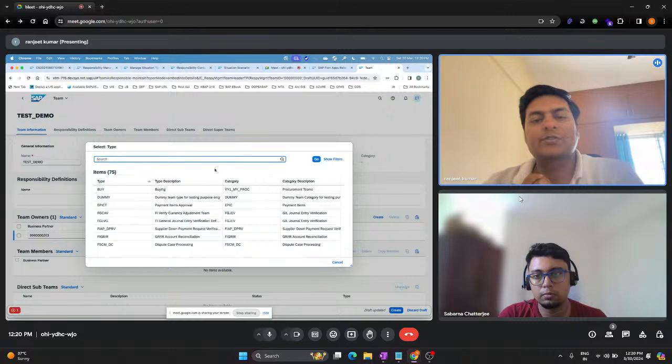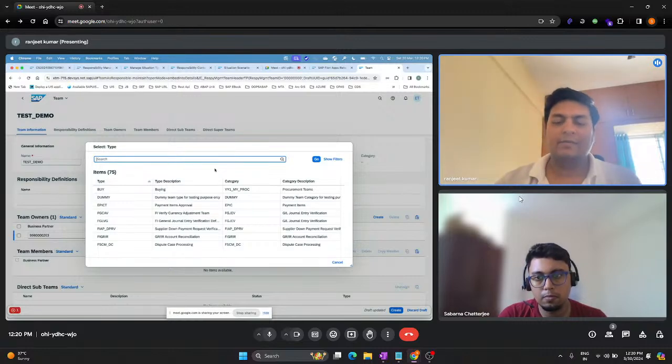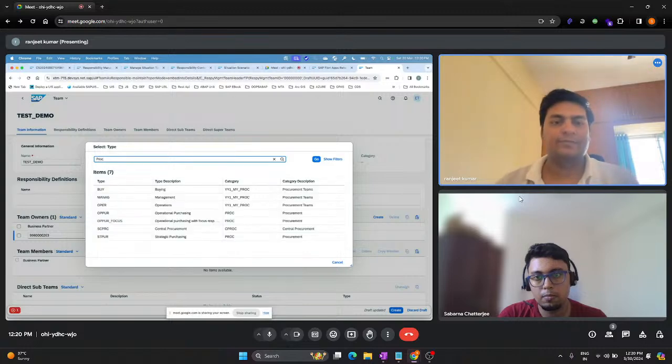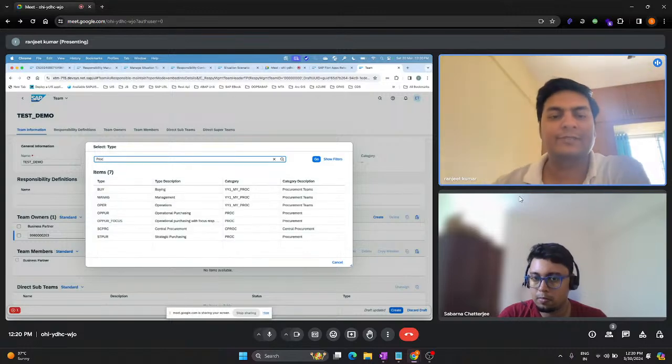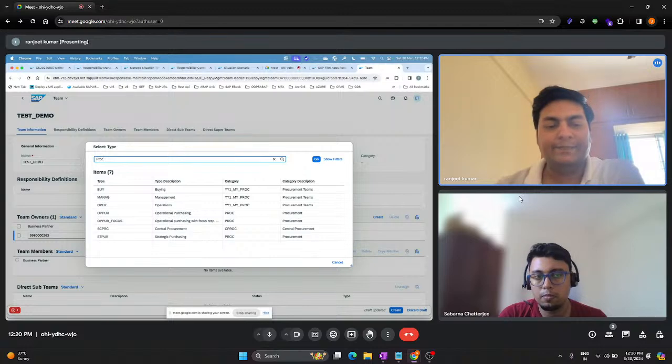Then the next question is, what are this team category and type? I will take an example of procurement. This is one of the famous use cases which we encounter every day. Suppose procurement is a business process. Do you agree with me?